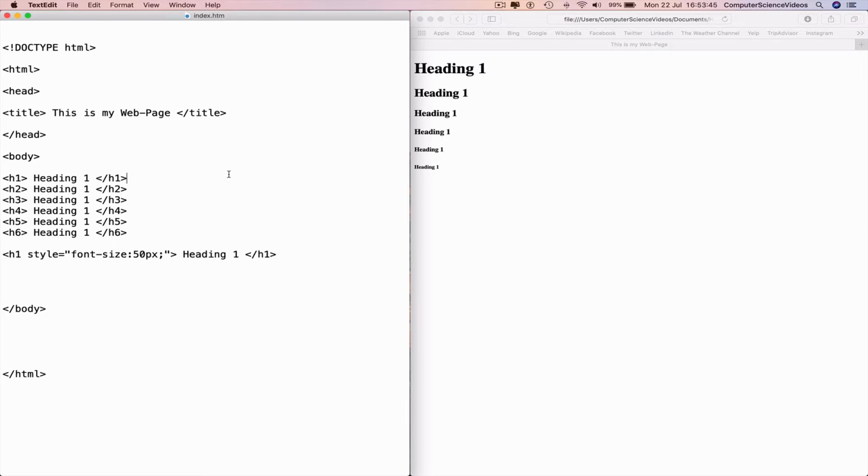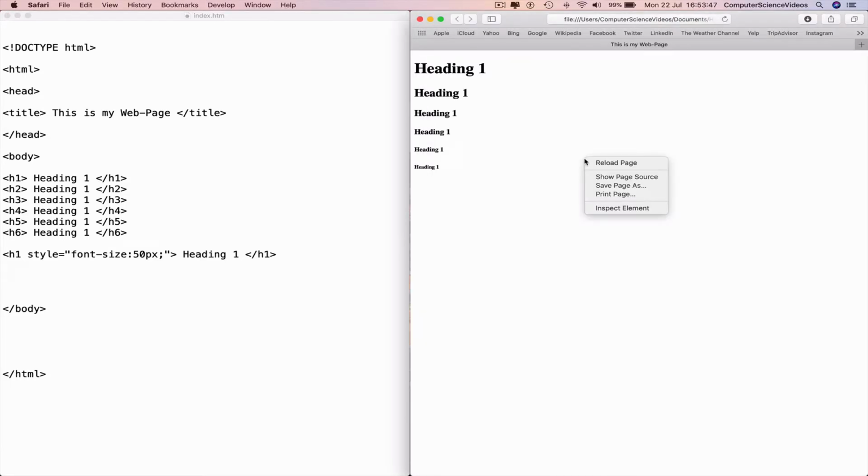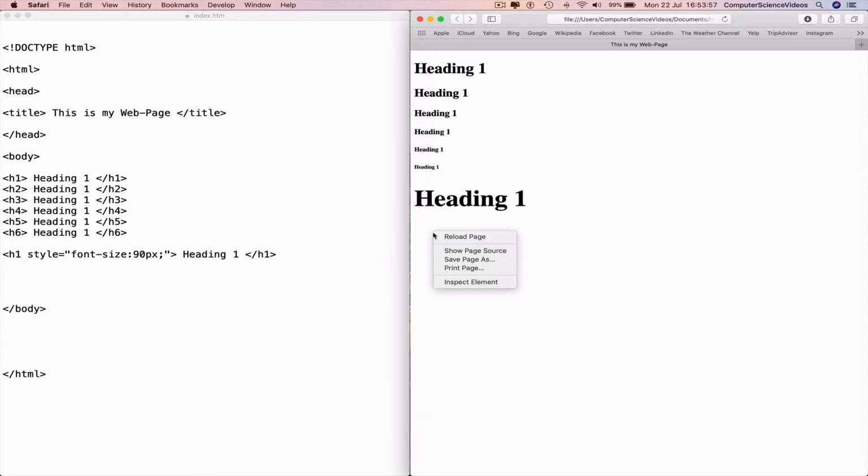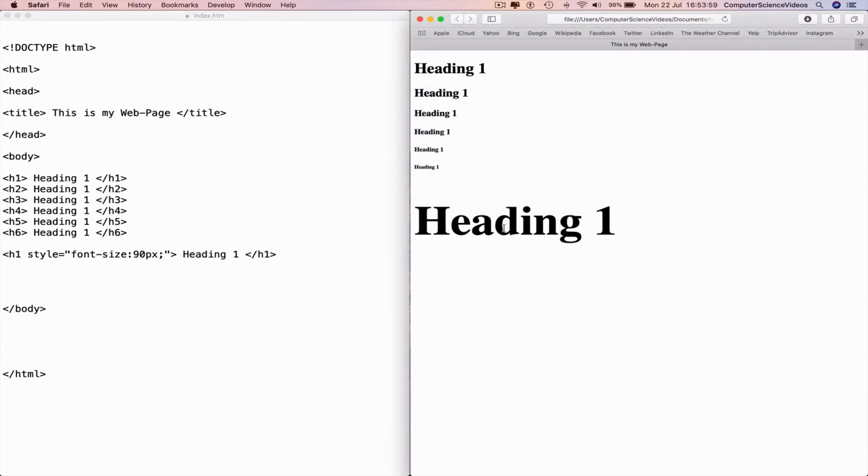Command S to save, go to the web browser, reload the page, and now we have a heading 1 with the font size of 50 pixels. If we change this to 90, right click, reload, the heading becomes bigger based on the pixel size of your font. And now we can move on to HTML